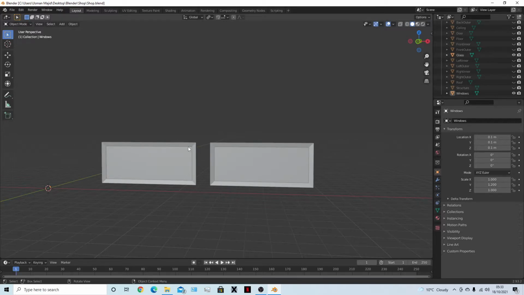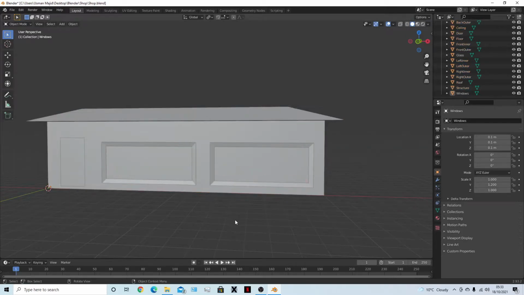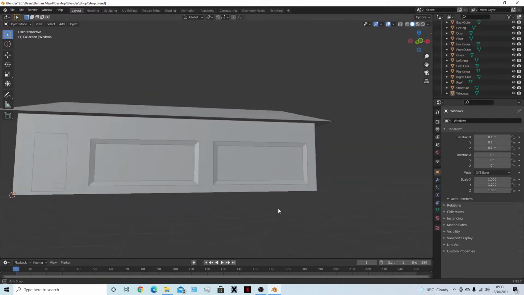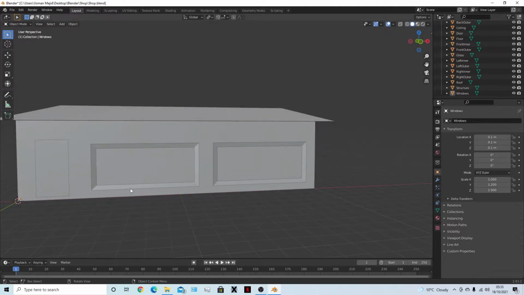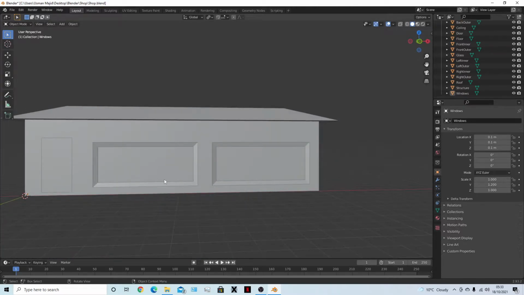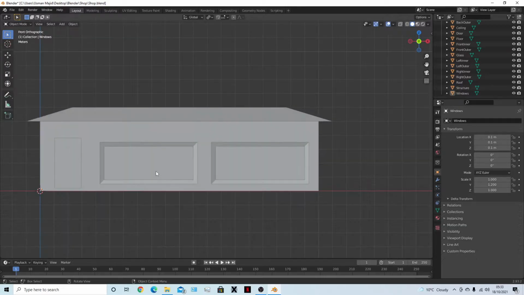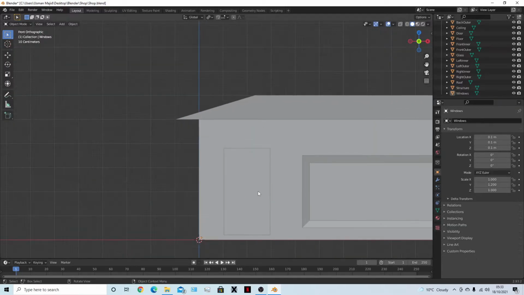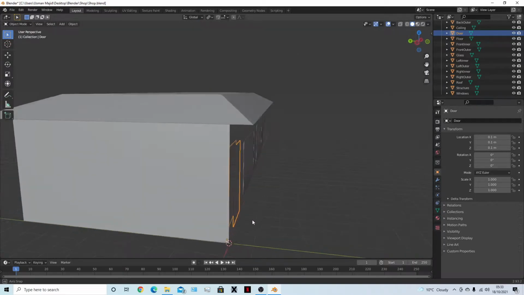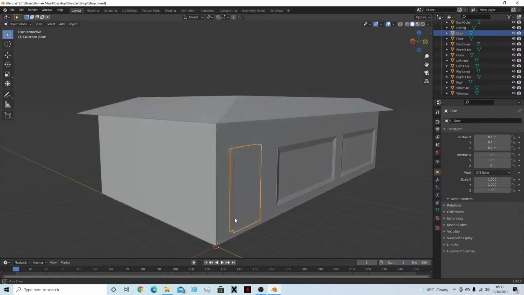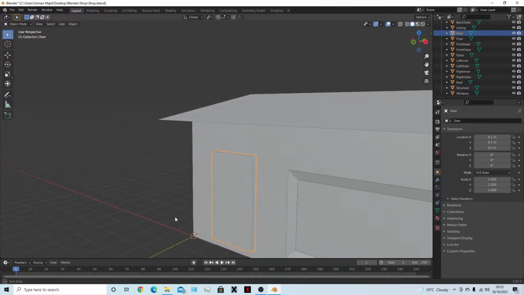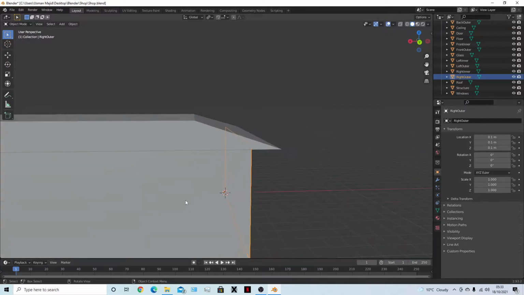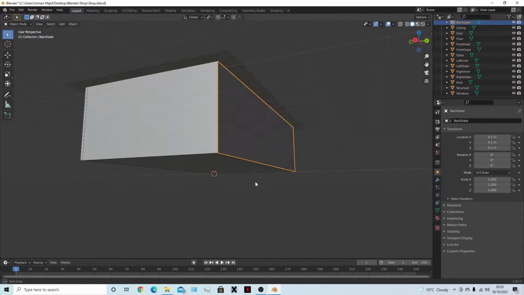So we've got the windows done. Alt H, bring everything back. This is what it looks like right now. You know, I think it might be a bit too low, but I'm not going to bother with it anymore. So now for the door, it should be pretty much the same thing for the door itself, but I'm going to do, so this is the outer,